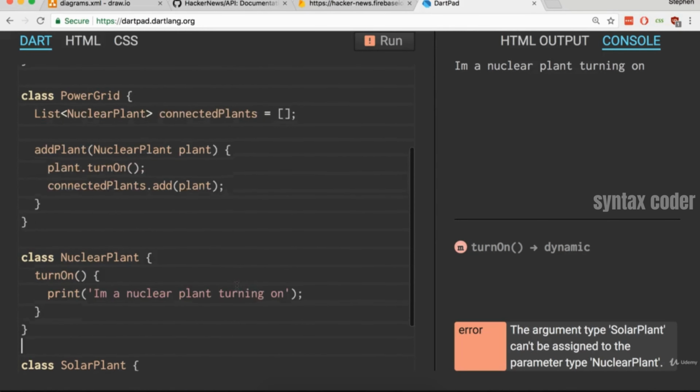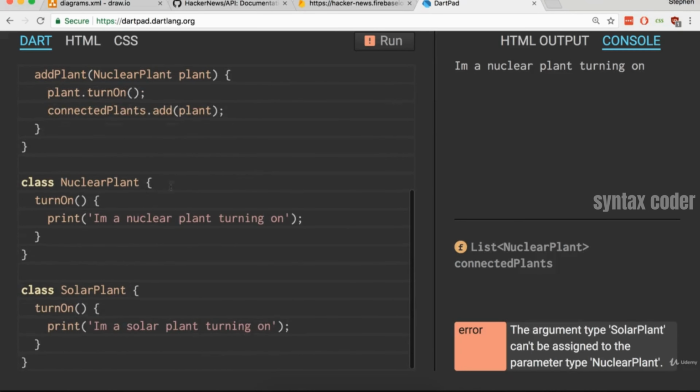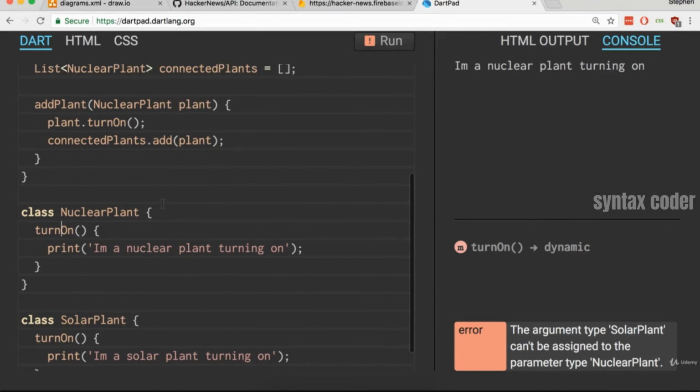And so if we just had the ability to tell Power Grid, hey, if you get called with absolutely any argument with some type that has a turn on method assigned to it, then just assume everything is good to go. Assume that it is an A-OK power plant and it can be successfully added onto our list of connected plants right here. And so I think we should use the existence of the turn on method on any given class to say, if you have that turn on method, you're good to go, you qualify as a power plant. So to express that in code, you and I are going to write out something called an